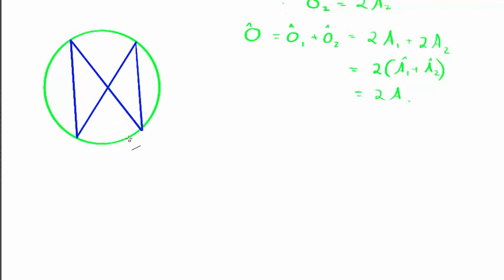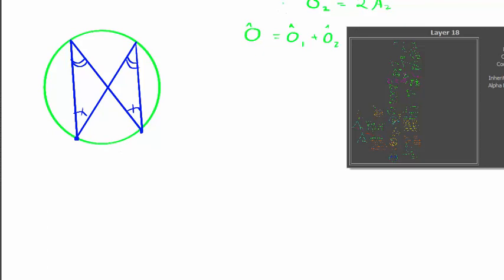But I like to think of it as a butterfly because it kind of looks like a butterfly. And the theorem says that the tips of these butterfly wings are equal angles. Not these two opposite, okay, but the ones that are on the same side. The theorem says that angles subtended by the same arc. Now what an arc is: it's two points on a circle, and all the circumference between those two points. That represents the arc.